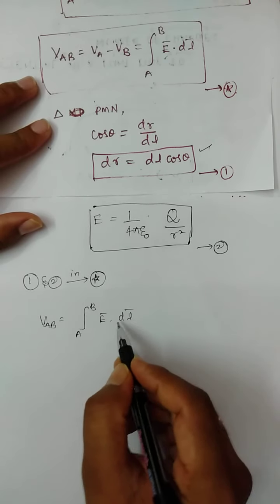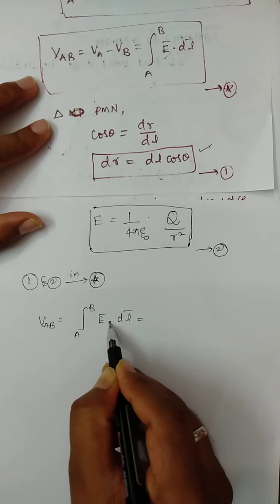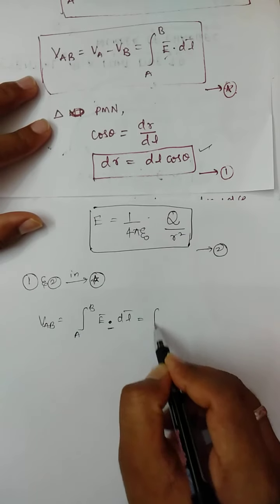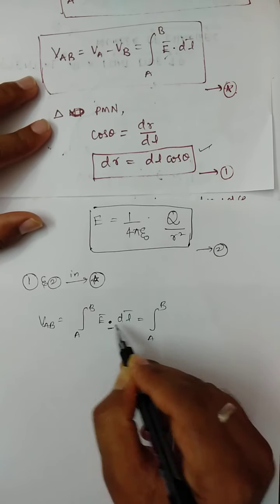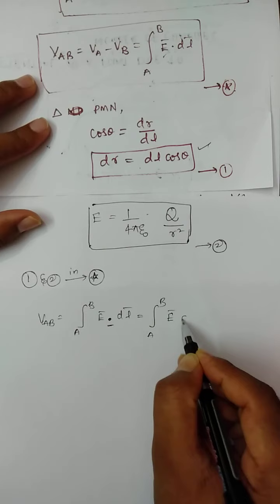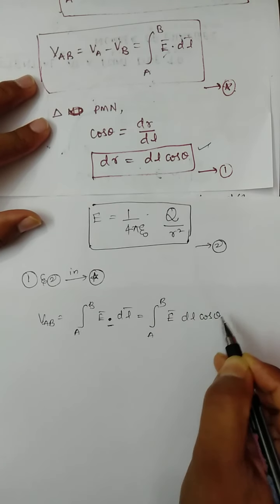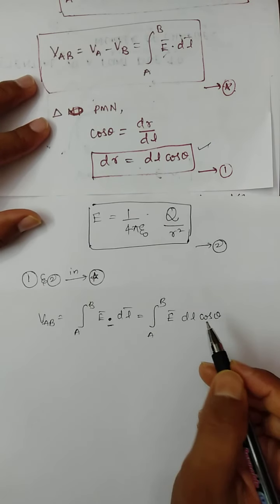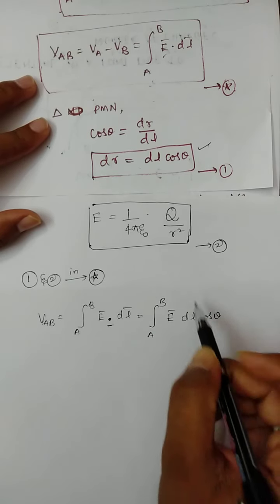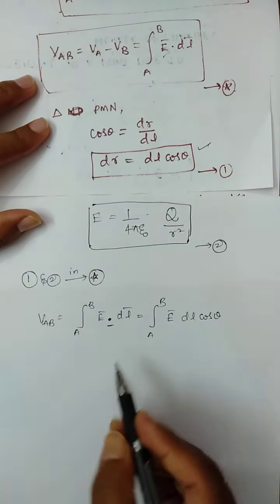If I remove the dot product, what will I get? Integration A to B of E bar dl cos theta. Now dl cos theta, I can replace with